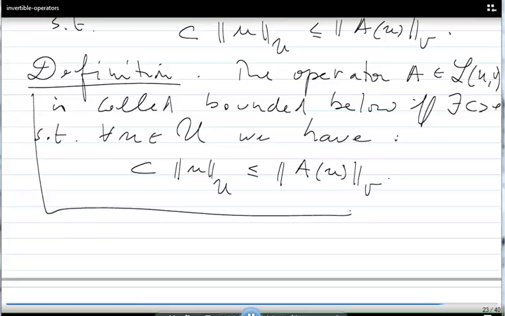And you see why we can talk about this, as I'm not assuming now that A inverse exists. If A inverse exists, we know that it's bounded below. I'm talking about just a linear operator which is bounded below. Okay? So now it is easy to check that number one, if A is bounded below,